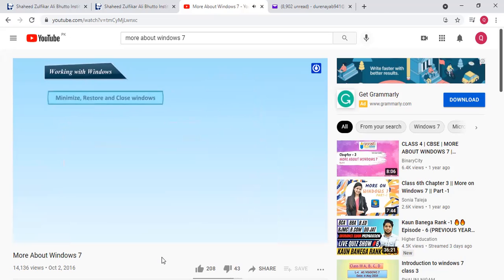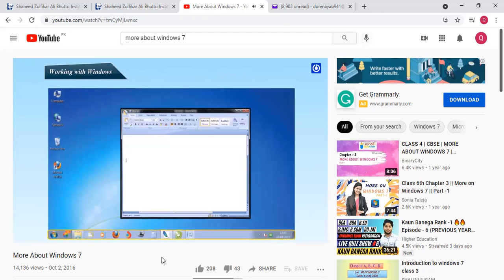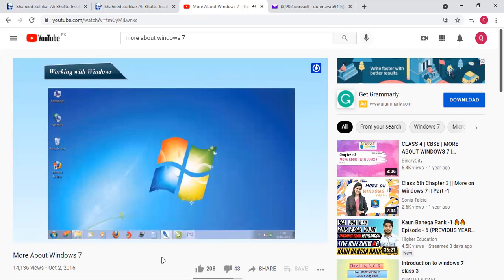Working with windows. Minimize, restore, and close windows. When a window is active, its taskbar button is highlighted. Clicking its taskbar button minimizes the window. That means that the window disappears from the desktop. Minimizing a window doesn't close it or delete its contents. It only temporarily removes it from the desktop.